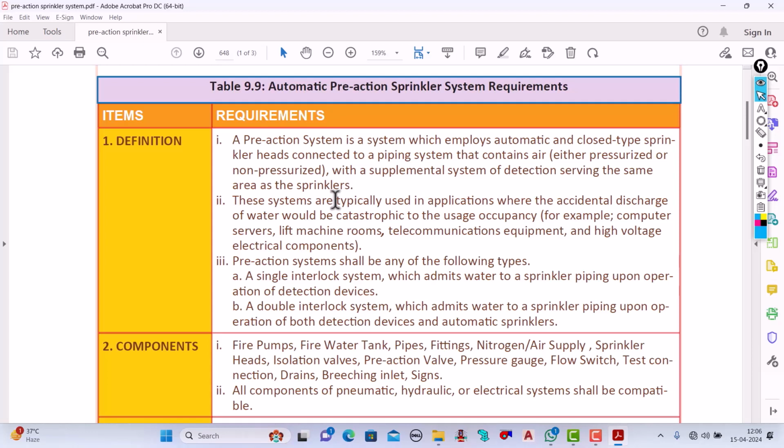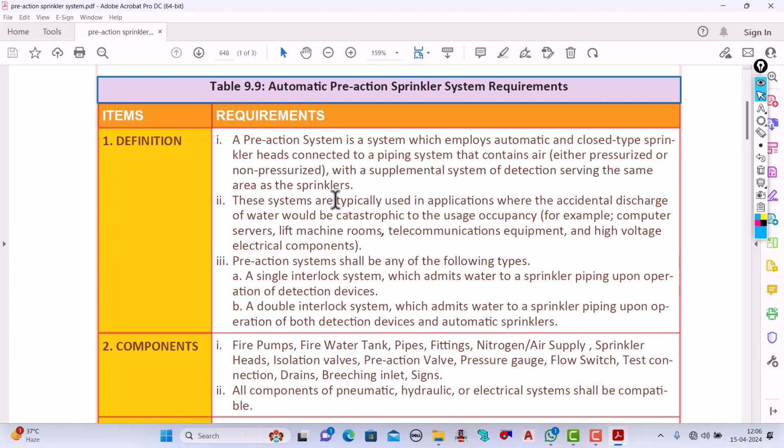Also, the handling of the clean agent system is a little bit complicated, and it is costly compared to the automatic sprinkler system. So we use the pre-action system,